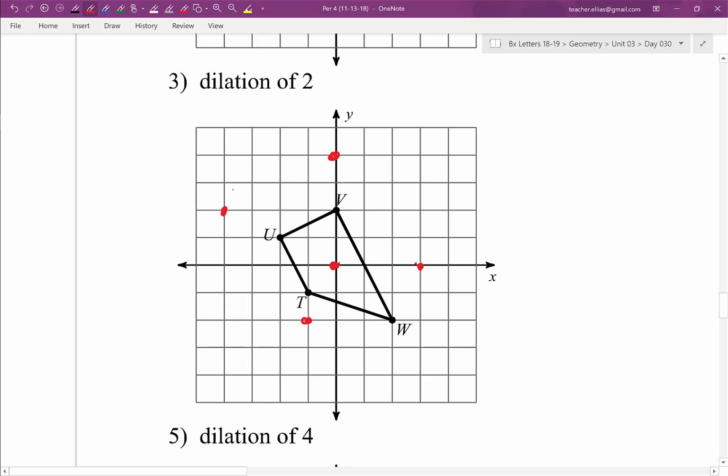I'm in my feelings. I think W is wrong, because if it's here, it doesn't make the same shape. So W would be 1 and then 2. Wait, so 1 and then 2. So 1, 2. Let's see if that makes the same shape. Does it make the same shape? Yeah, but